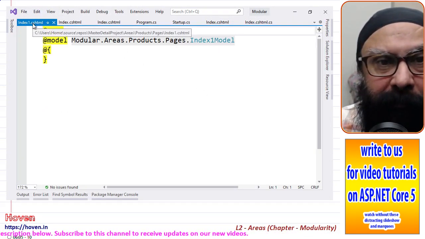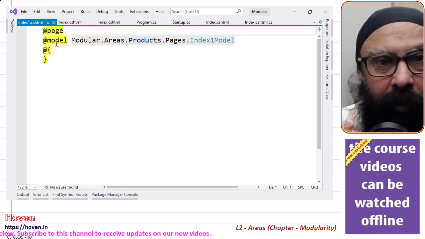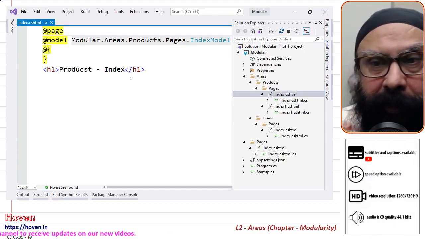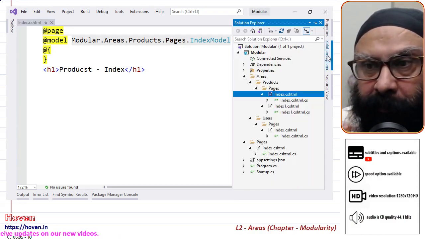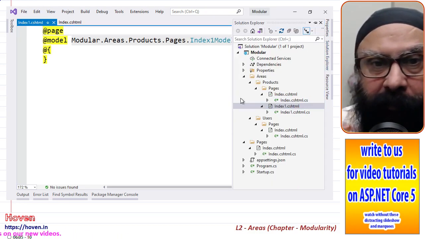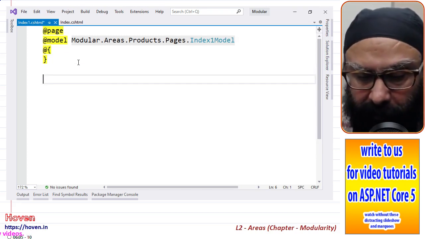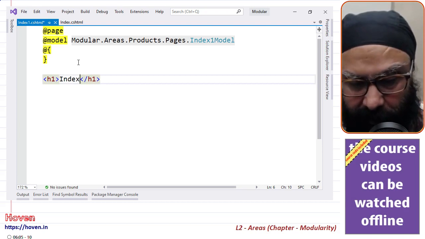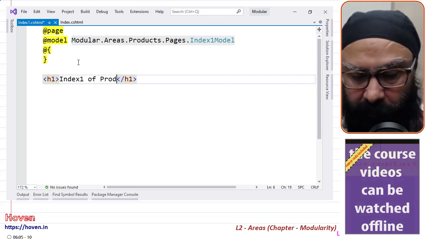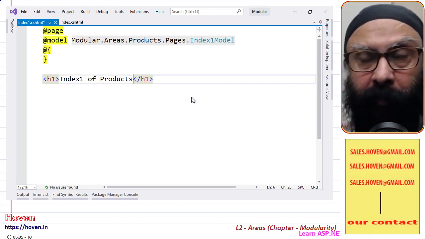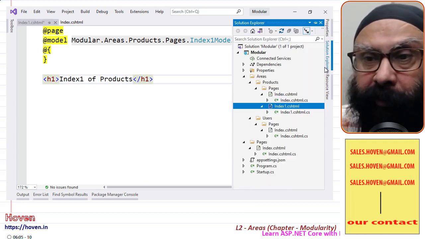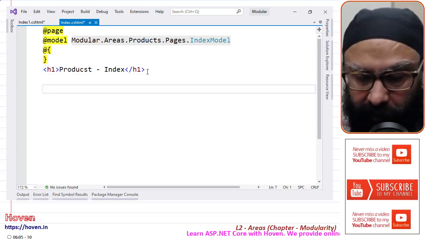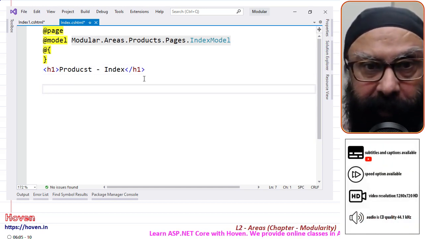I'll close all tabs, and I'll open only this index and this index 1 of the products, and I will write a message here, index 1 of products.